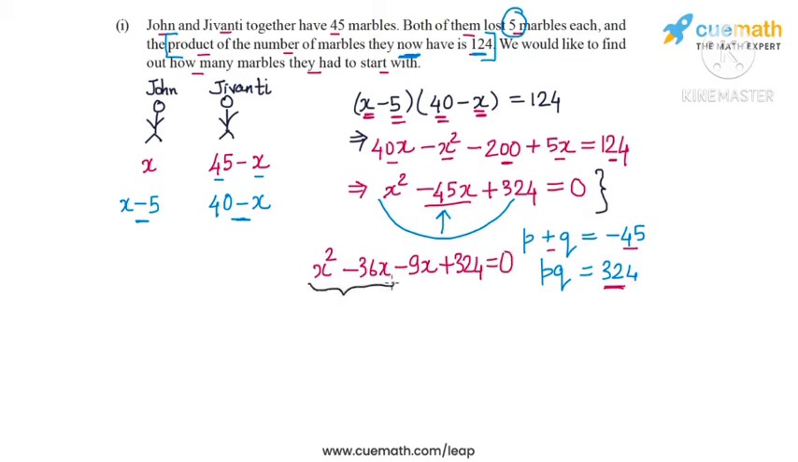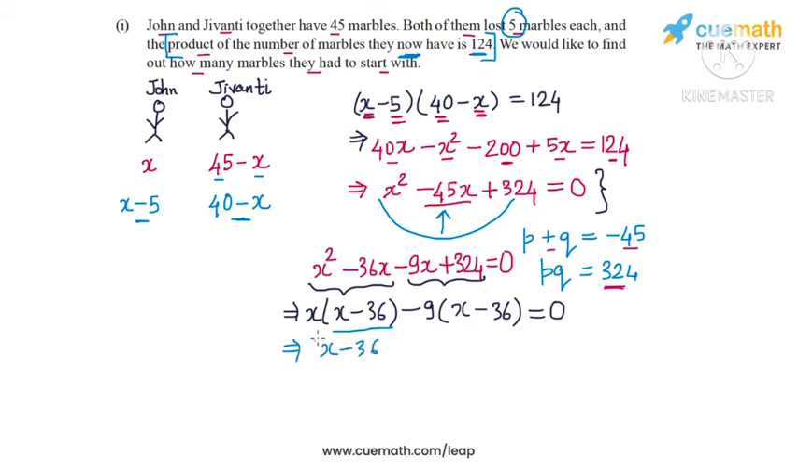From the first pair, take out a common factor of x, so we get x times x minus 36. And from the second pair of terms, take out a common factor of minus 9. So now we will be left with x minus 36, and this is equal to 0. Now we have this common factor of x minus 36, so let's take that out. So we get x minus 36 times x minus 9 equal to 0, and from here we can get the